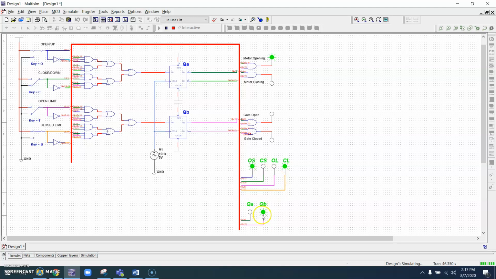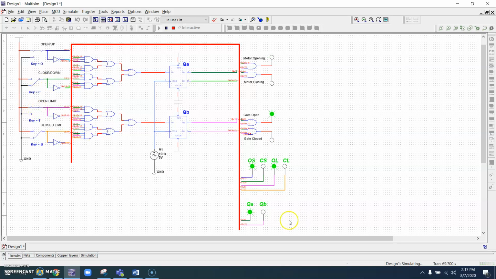So that puts us into state 1. Once we open it, we've got the motor opening. We've got a 1 at that. So as soon as we start opening, though, that switch at the bottom is going to get a 0 because it's not hitting that switch anymore. But after a certain amount of time, it's going to hit the top limit, and